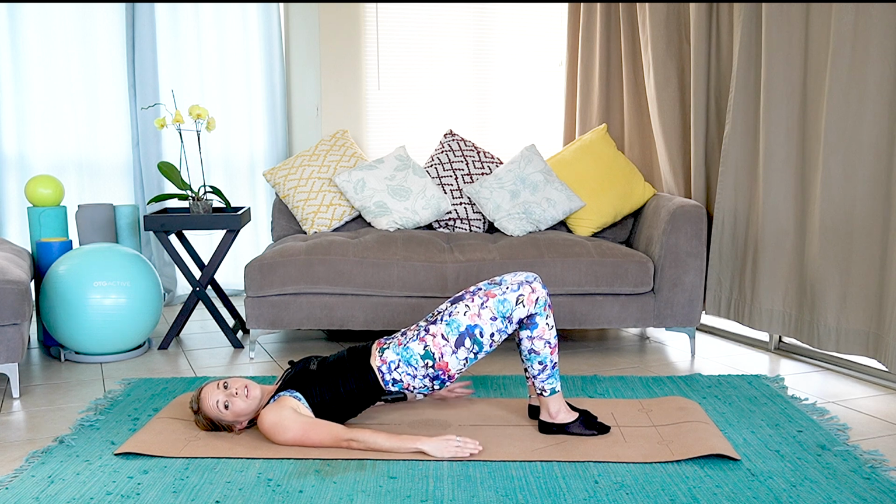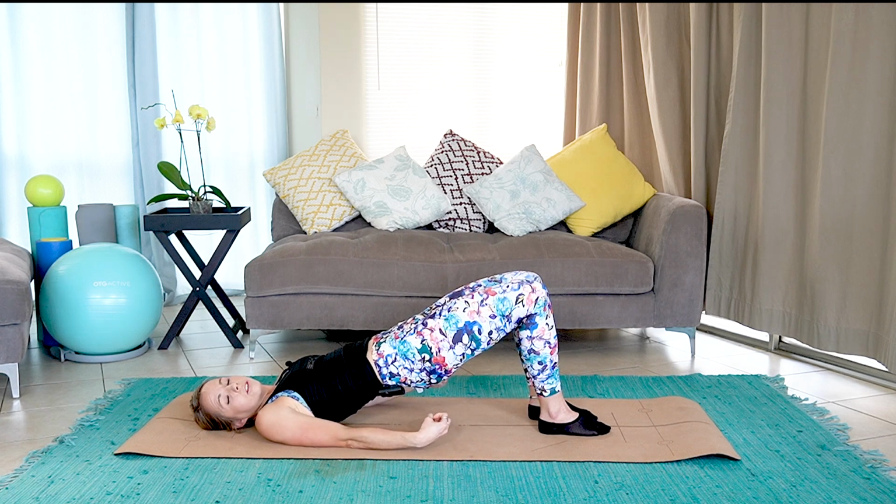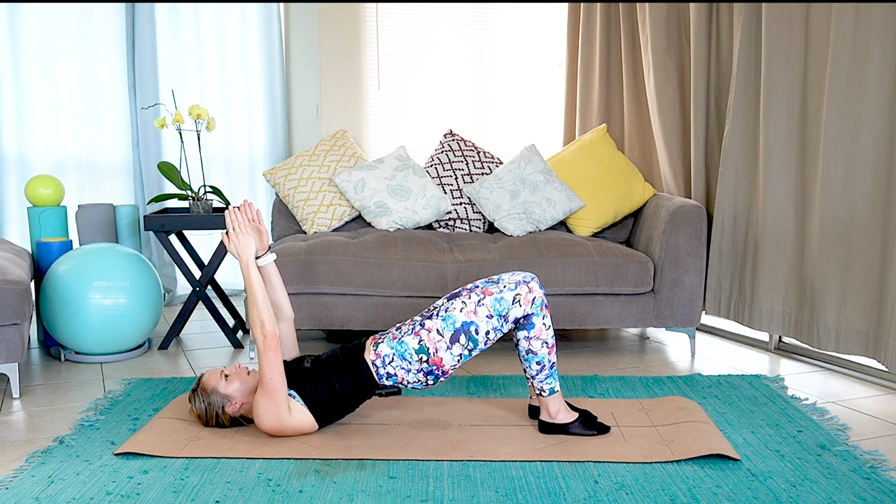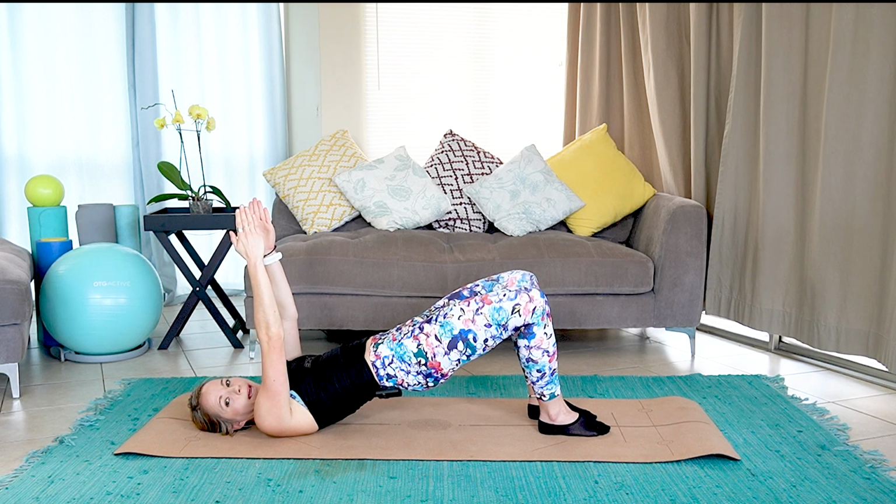Let's dig those heels into the ground. Imagine them coming towards your glutes. We're slowly going to bring arms up towards the ceiling. We're going to inhale, and on that exhale, keeping those arms where they are, we're pulling those knees away, then